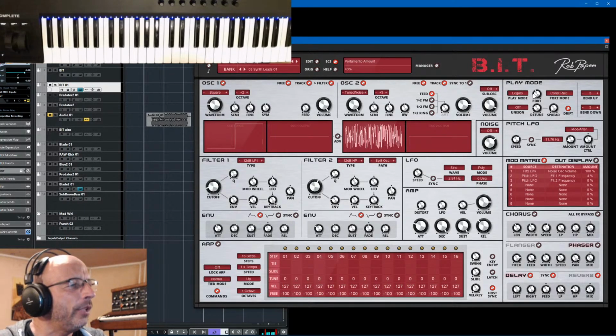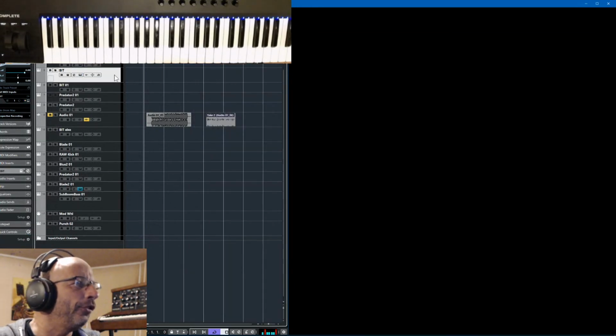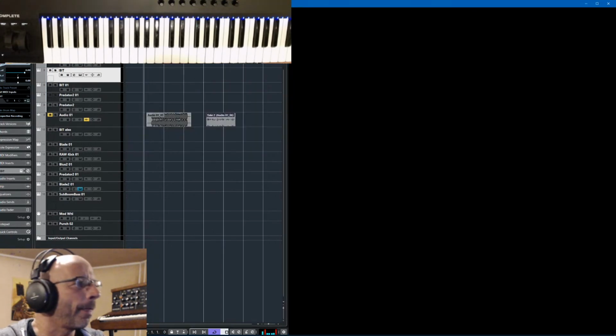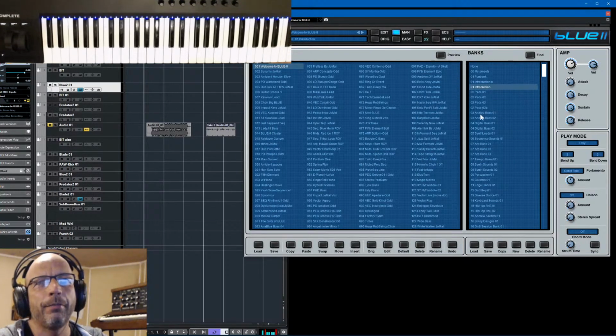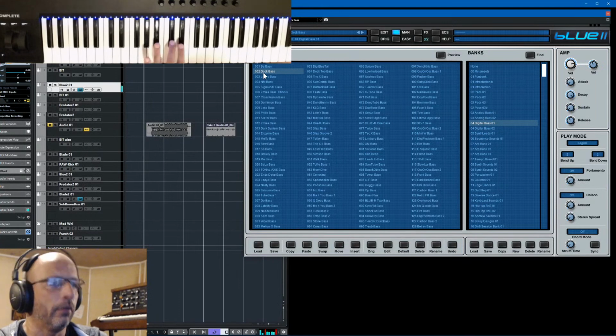Yeah, then we need to listen also to a few tracks. Of course, with BLUE-II, we have a lot of basses, which are, let's see, if we go to BLUE-II, add track, I add an instrument. And if we go here to the bank manager, go to the digital basses. You have typically